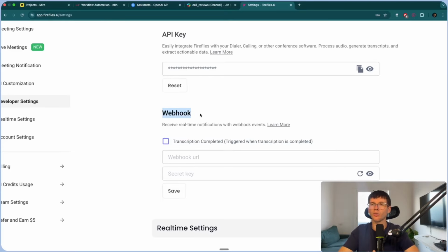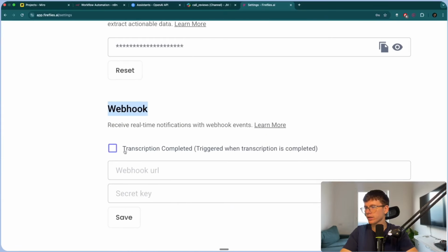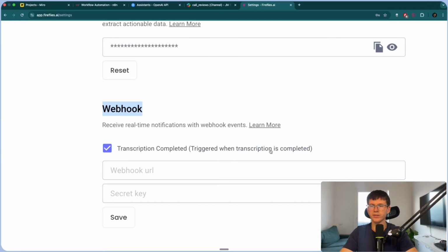And this is really why we're able to make this automation happen, because we can transcribe. It triggers when transcription is completed. What this means is that you go on a call with the client, it finishes, it then finishes transcribing the call, which takes about 3-5 seconds. And then it sends a signal to the automation saying, hey, this is the meeting recording, or this is the meeting ID. Then we send it to the next step to take the meeting ID and take the transcript from the call. Okay. It will make much more sense once I actually build it.